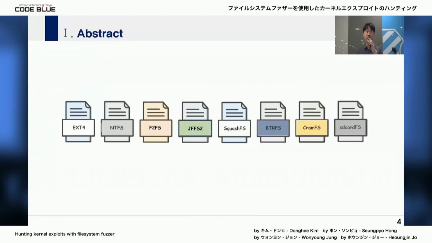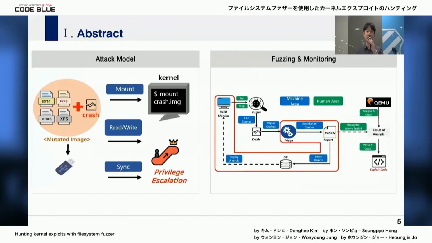There are various file systems in the world. However, there are few cases of attacks through the file system. This is because it is considered a weak attack model. At this point, you might think, isn't it already root privilege to mount an image? However, if you plug a USB into a PC, it is auto-mounted without any need for root privilege. At this time, if the corrupted image is mounted, a kernel panic can occur. In this way, there was an attack model through USB.